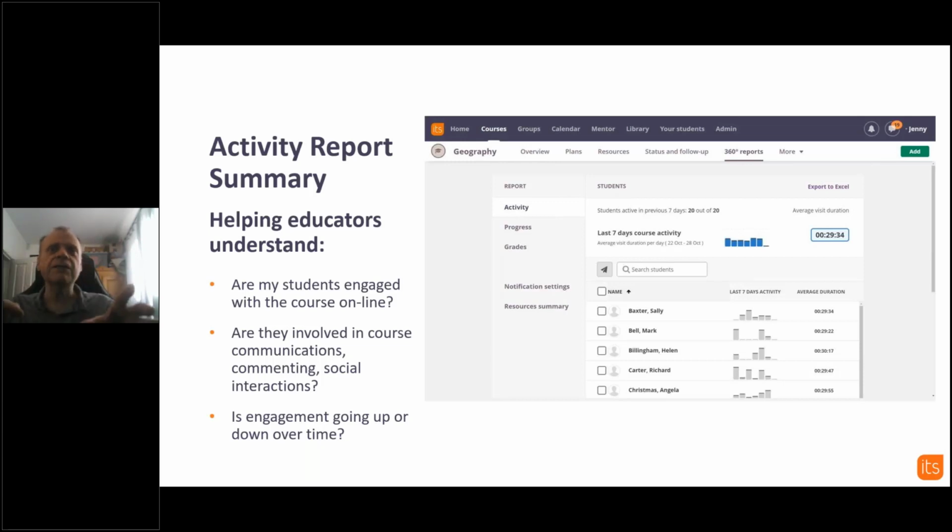And each of these provides teachers insight into different features. And what I'm going to do is talk through the sort of questions that you can answer and then show the course and show some details and examples. So when we look at something like the activity report, which is the first of the 360 reports I see, the sort of questions that we can answer using this report are,